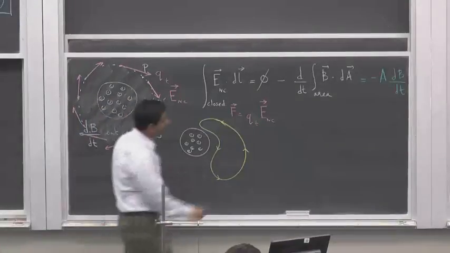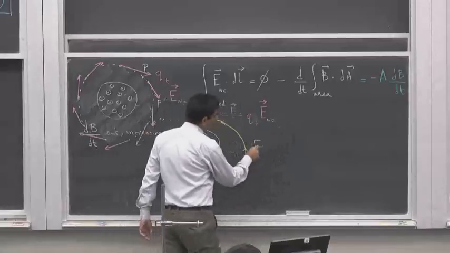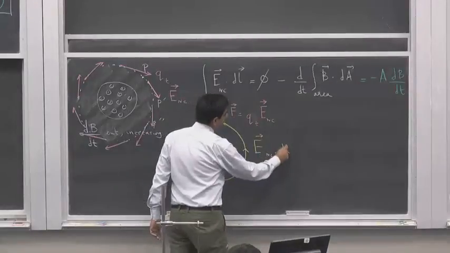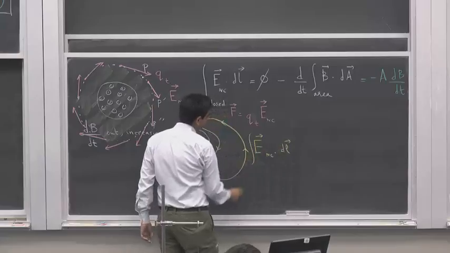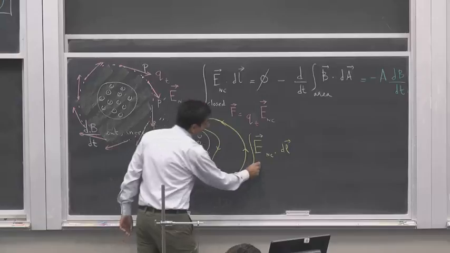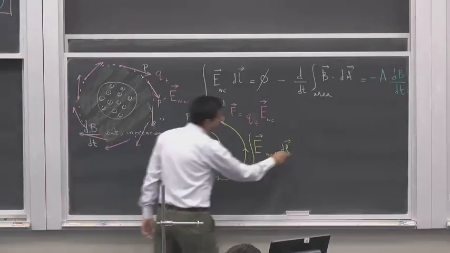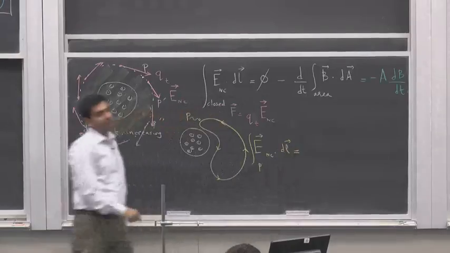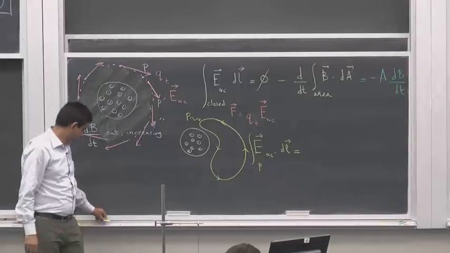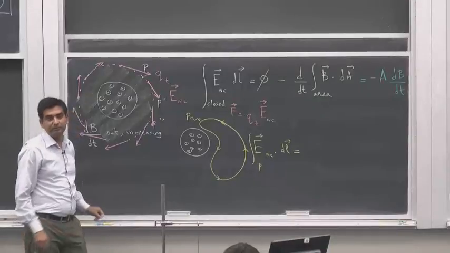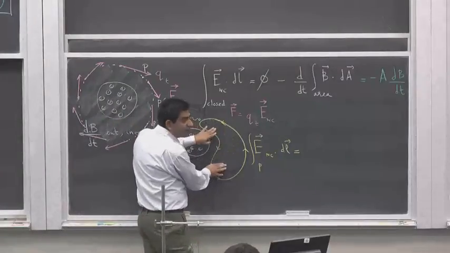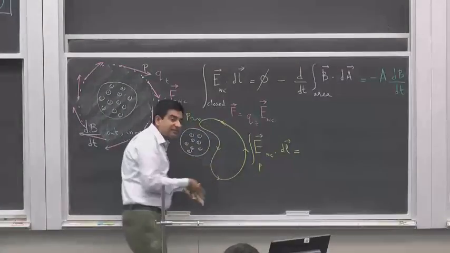If I take this path and I calculate E non-Coulombic dotted with dl around this path that I've chosen, let's call this path P, what is the right hand side going to be equal to? 0? Yes, it's going to be 0